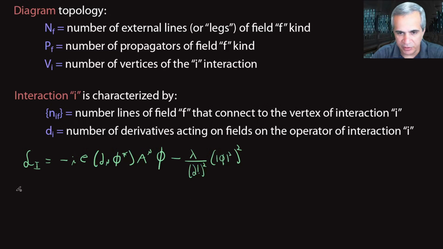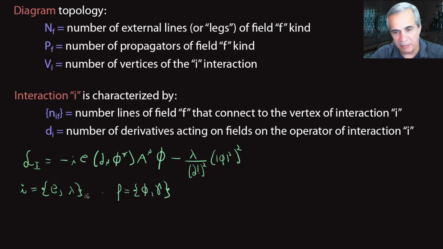In this case, I have two interactions. So my interaction index here has two values, which I'll label by the coupling, say this electric charge e and lambda. And I have two types of fields. I have the scalar field and the photon for scalar QED, which I'll label by gamma. And that means for the first interaction, let's say e, I have these numbers. So I have n for the interaction e, field phi,